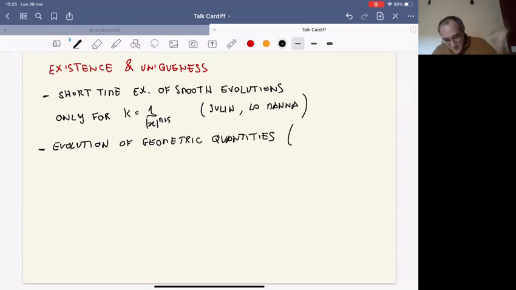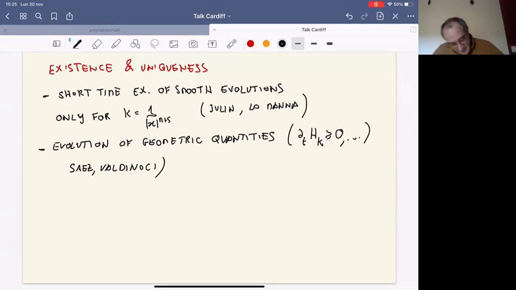Such as, for example, H_K, which is this type of property, has been studied for smooth evolution. The computation of the equation satisfied by geometric quantities has been discussed by Saez and Baldinocci, under the assumption that you have a smooth evolution. Now, in this talk, I want to focus mostly on the other approach, which is the approach